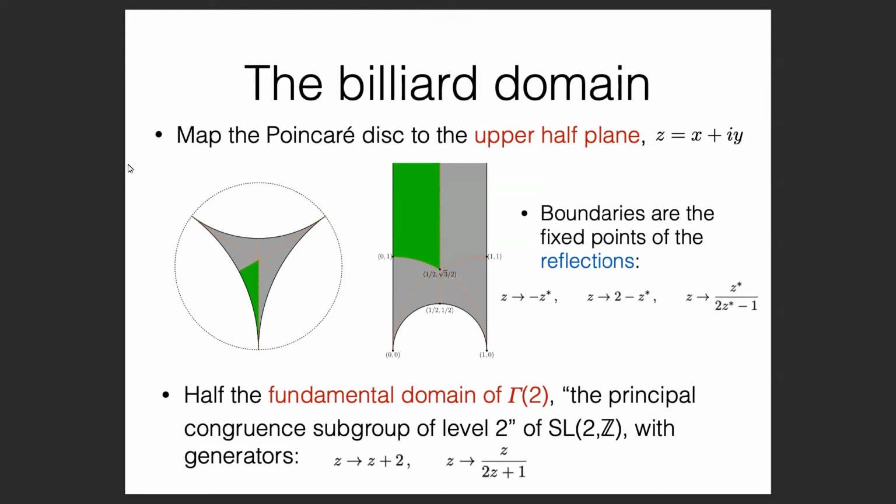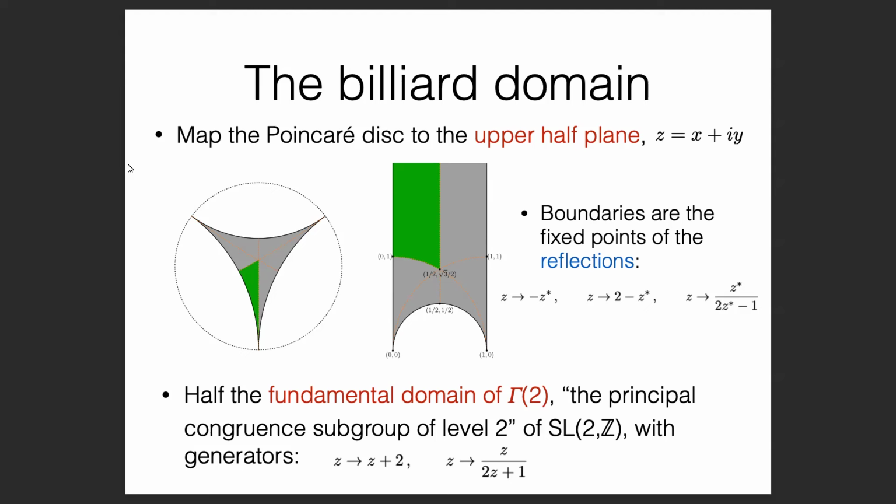Some of you may be more happy with the upper half plane, so the different ways to represent hyperbolic space. If you map this Poincare disk, so again, this isn't space, okay? This is the space of metrics, of superspace, right? The evolution of the universe is a bouncing trajectory in this space. If you map it to the upper half plane, it turns into this region. I'll tell you what the green region is in a second. At the moment, we're in the gray region. And these walls,